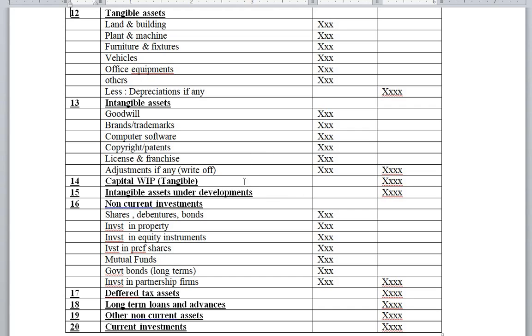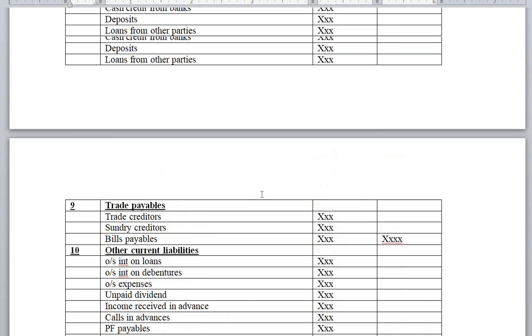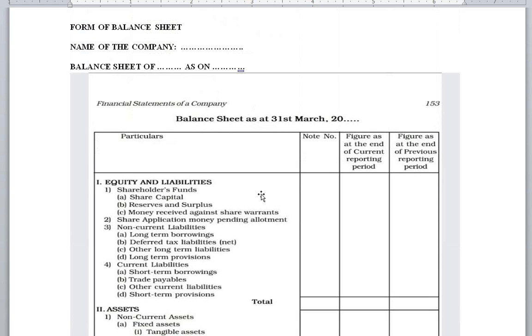And capital work in progress and intangible asset under development. In case of tangible assets, if there is any work in progress happening, that will be stated. So remember, if there is any work in progress under tangible asset, it will be posted in the capital work in progress. And if there is any work in progress under intangible asset, it will be posted in the intangible asset under development. Okay, so that is about the first part of fixed asset. And next one what is given in the format is